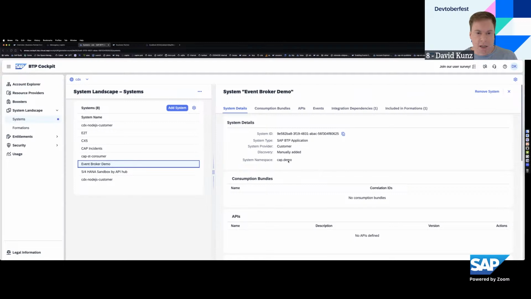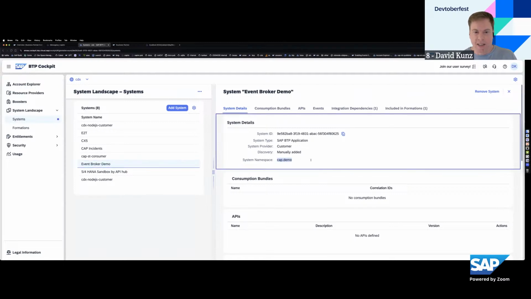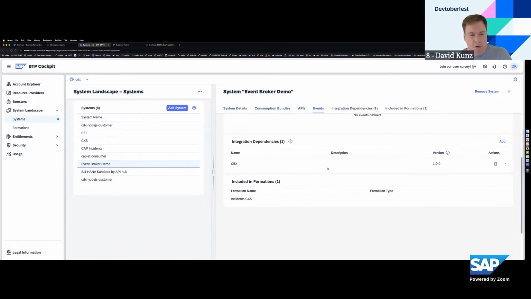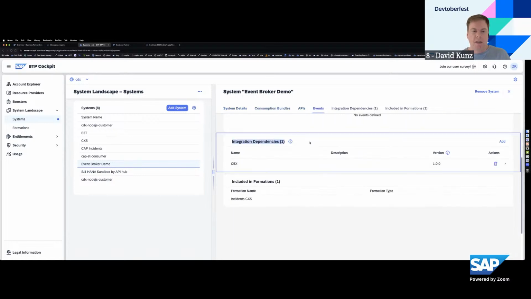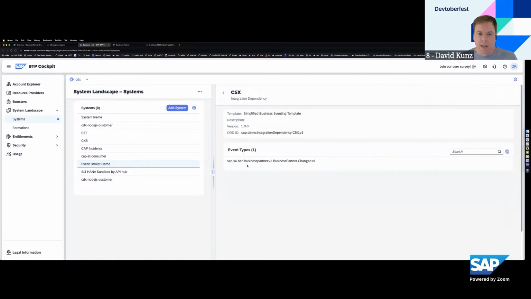So that's basically a few things you have to enter here. System namespace being the important one. That should be the same one which you used in your deployment. Now, what you also have to do, which we will automate in the future, is so-called integration dependencies, which Davey also mentioned before. So this is just a fancy name of saying what events do you want to consume. Now, in this case, we want to consume those business partner changed events. So you write that into this integration dependency, and then we all know which events you actually want to consume